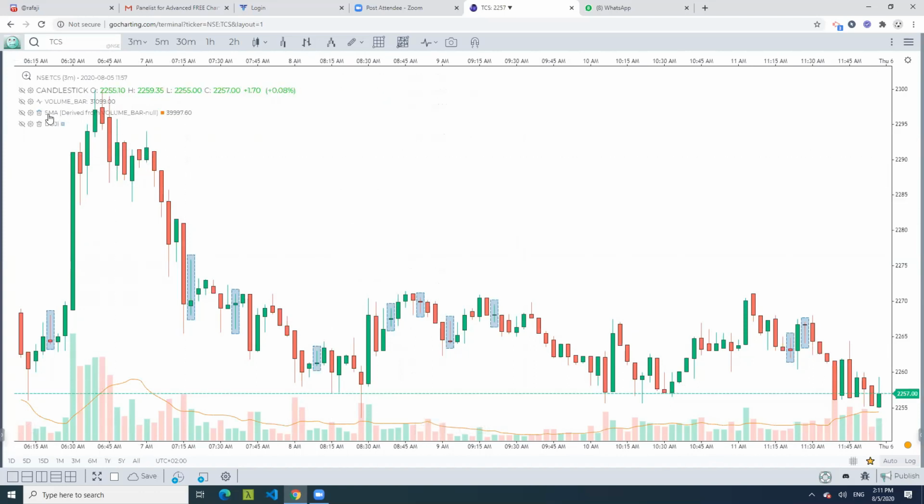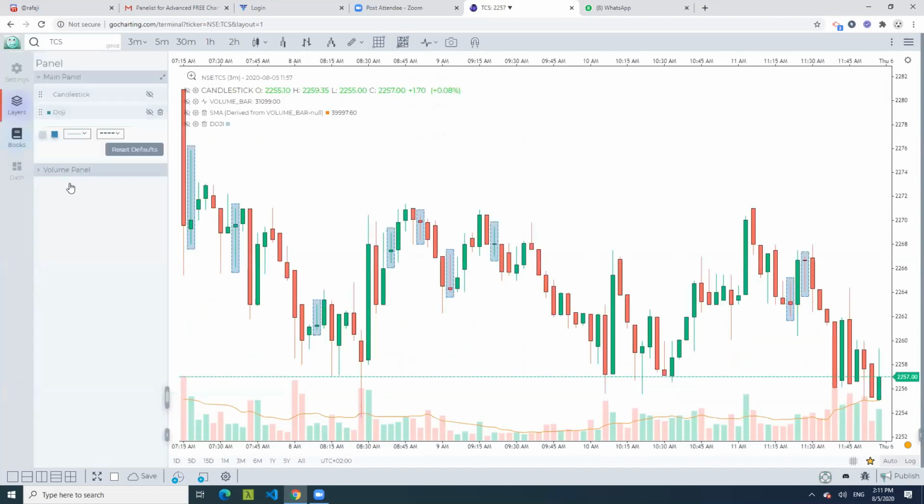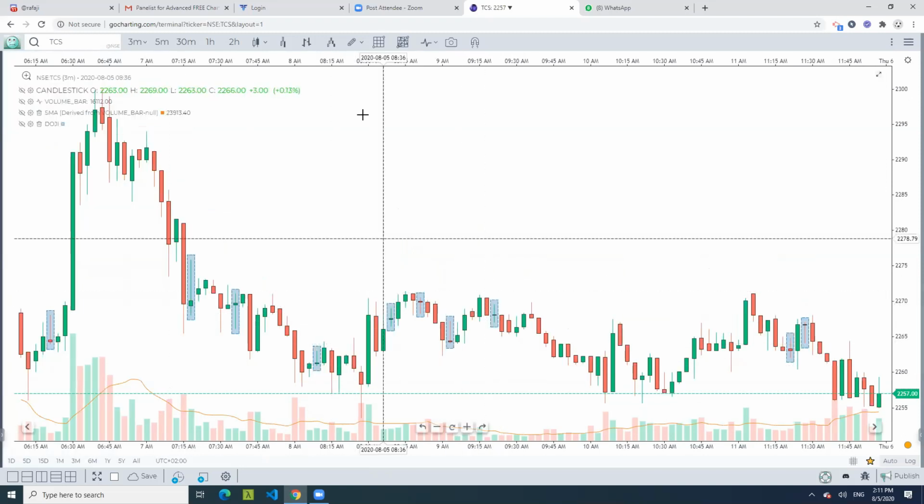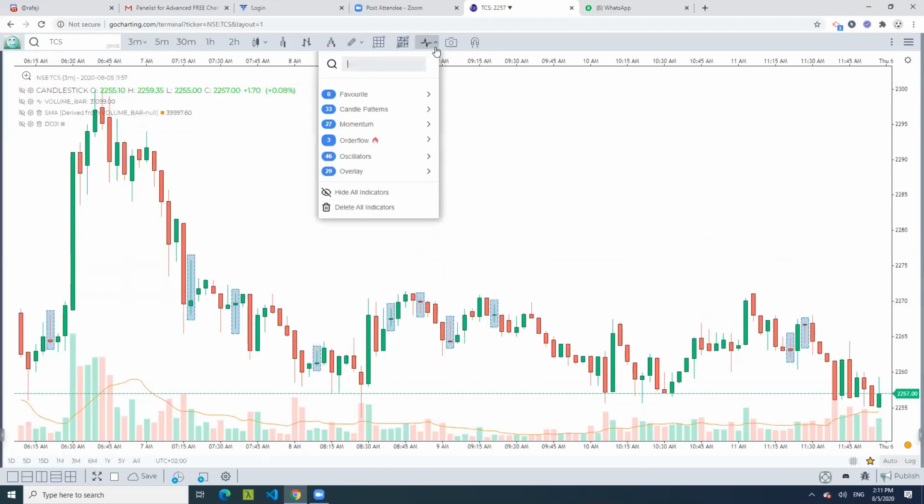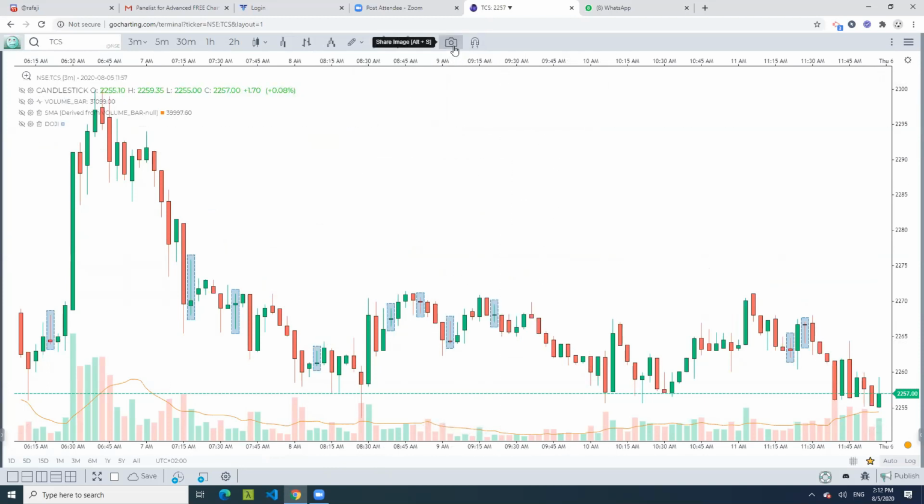You can click on these settings or any of these, and it will take you directly to a tab in the left hand panel called the layers tab, where you can make all the customizations that you need, the colors, the options, all of that is possible here. So that's your indicators. We have the magnet mode and the images, all of this I'm sure you have used